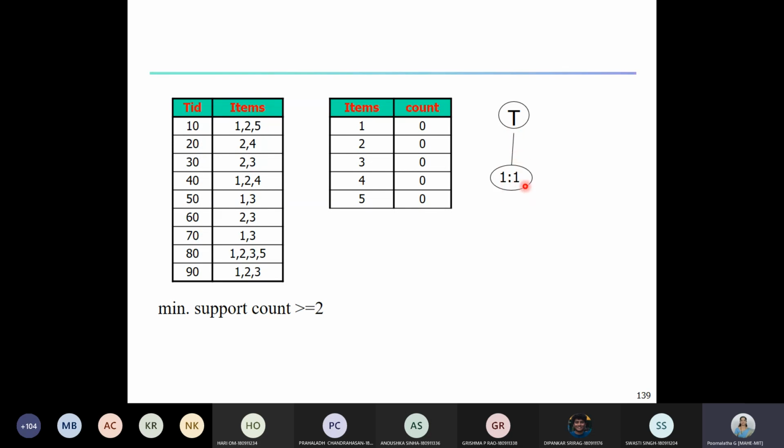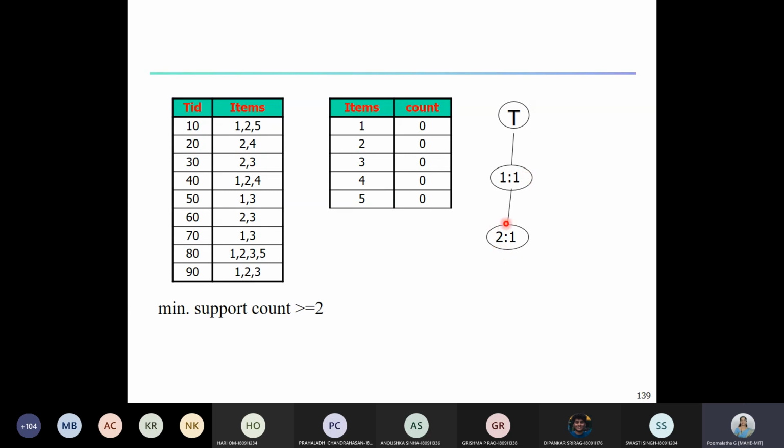After that, we have its child pointer and sibling pointer. You can see here, after 1, the next item is 2. So 2 is the child node of item 1. The child pointer of this node points to node 2, and the sibling pointer right now is null.